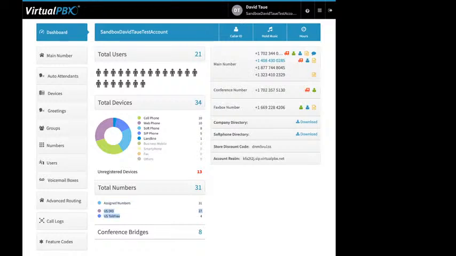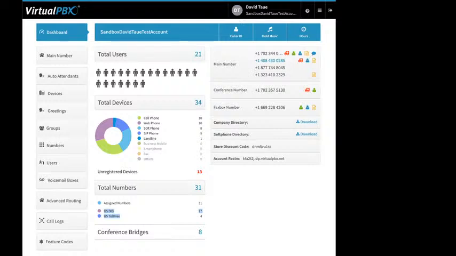Then we have the breakdown here for US DID and US toll-free. Yeah, US toll-free is actually US Canada toll-free, right? 800 number, 888 all the way down to 833. US DID just means a US local number. Right? So you can have a number in San Jose, California, or a number, say, in Elmira, New York, or